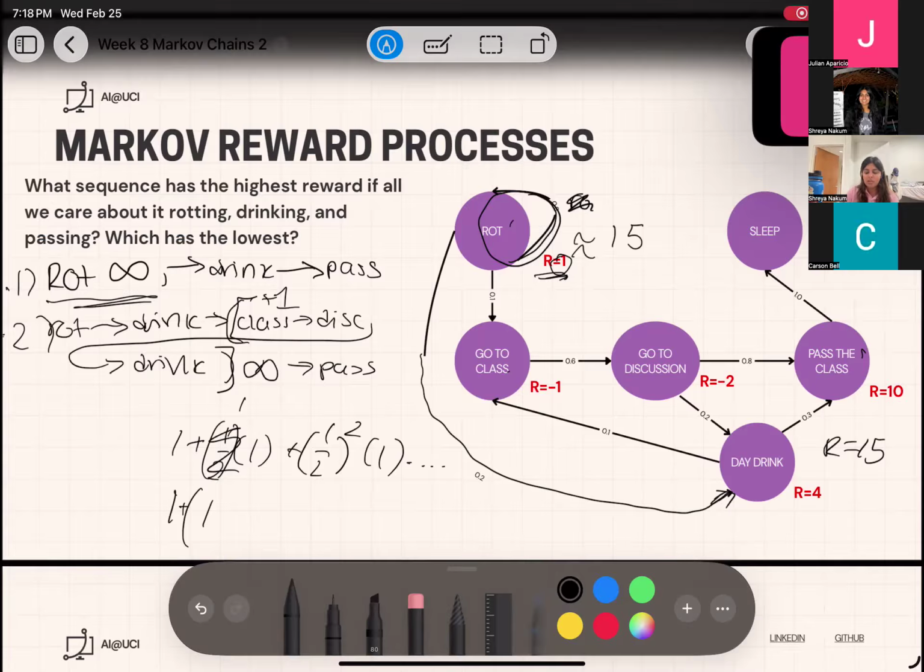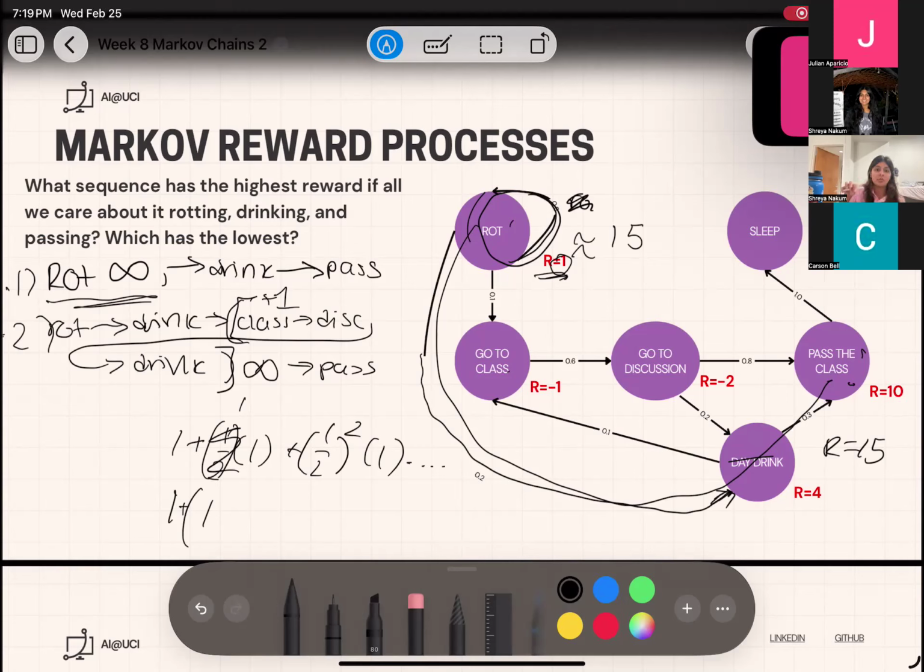If I rot for 3 days, say I don't have a discount factor, I'll have a reward of 3. Versus if I take this route for 3 days, I'll have a reward of 15. Does that make sense? Even though this will infinitely give me more than taking the r equals 15 route, it depends on what I care about. If I want the reward now, then I'll take